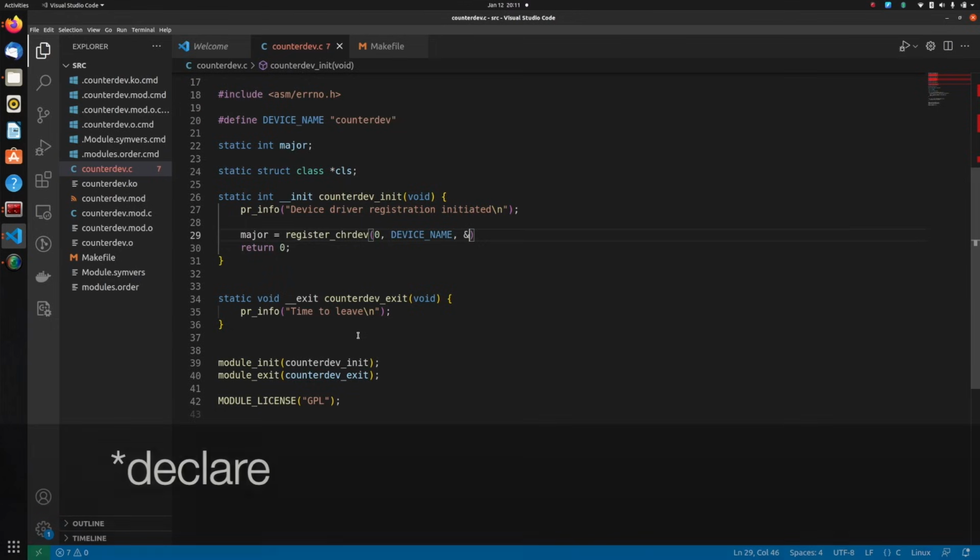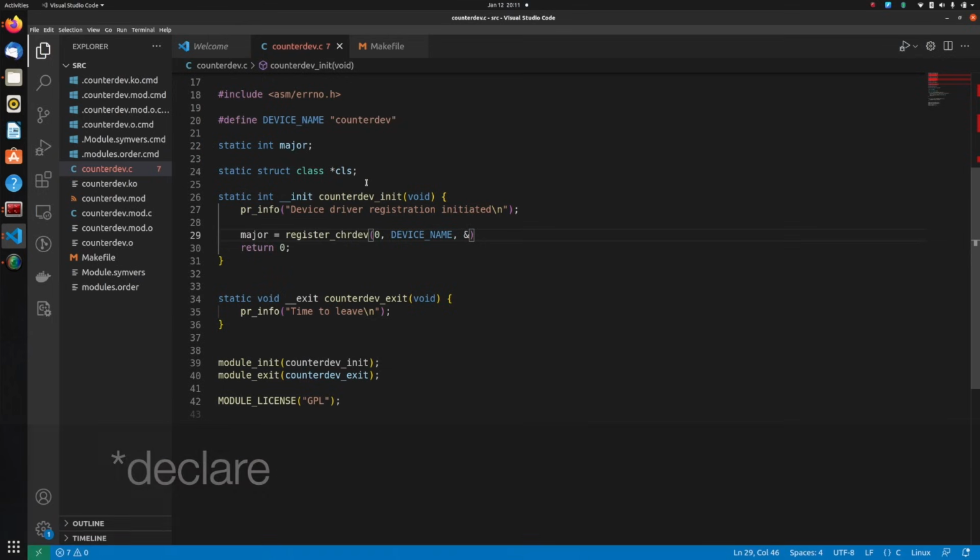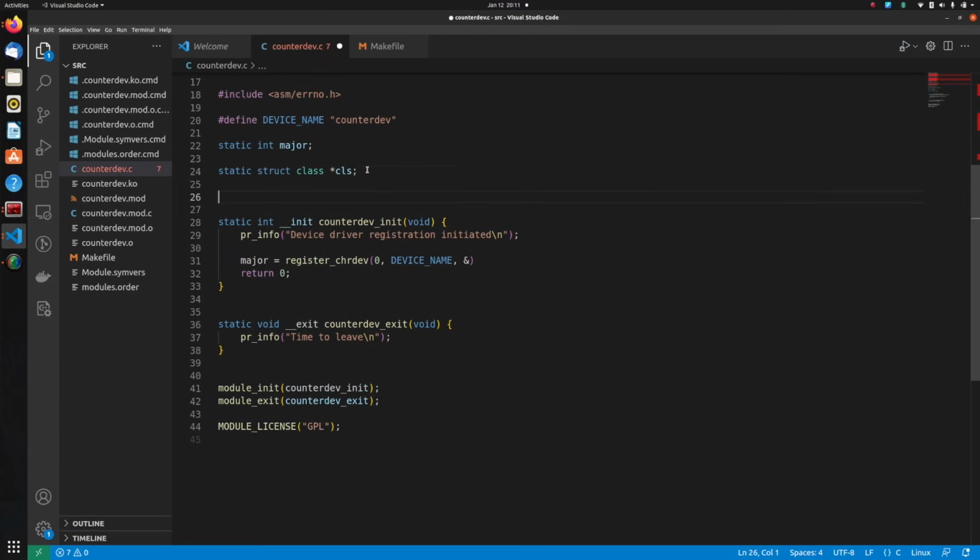So let me first define it. As I define, I shall explain what is a file operation structure, because without first declaring it, I cannot pass its address. So let's define that. Static struct file_operations counter_dev_fops. So it's a common convention to end it with fops,